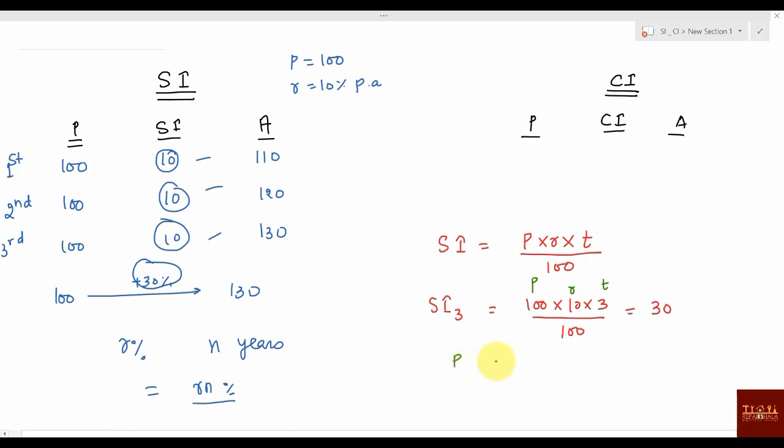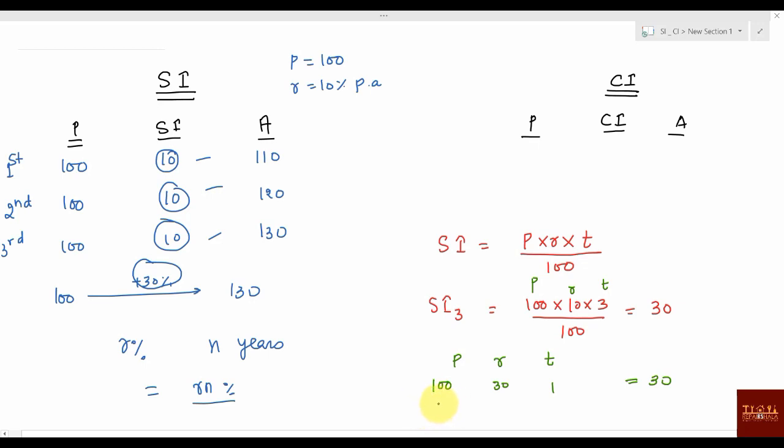Just look, P, R and T, right? If I take principal as 100, and R and T values as 30 and 1, this is the P, R and T value I'm getting. Now what will be the SI value? Here also 30 will be there. Means for the principal 100, 30% rate of interest for 1 year, SI will be 30 rupees.